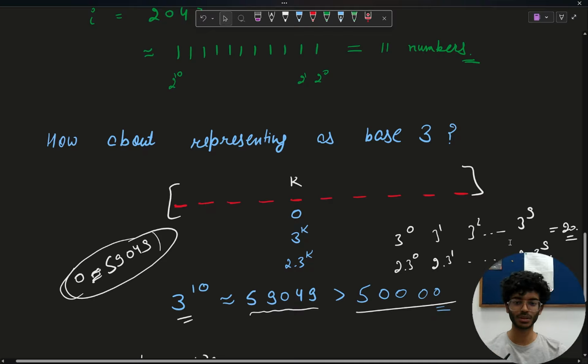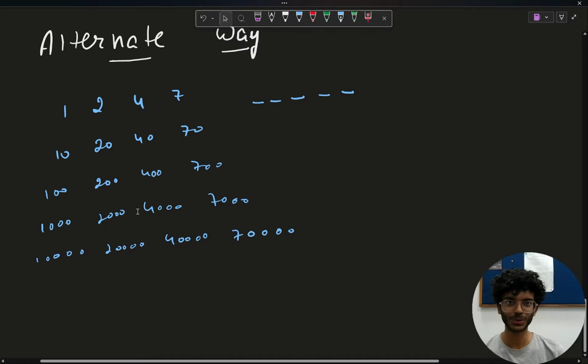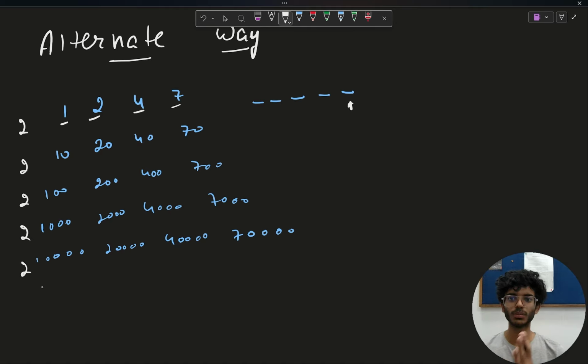Now I'll discuss another possible way. This is a very cute solution, I'd say. So this would be what we'll be printing. So what are we doing here? So for every digit, we are constructing the solution, right? So for this, we can choose at most two numbers from each of these groups to get the position of